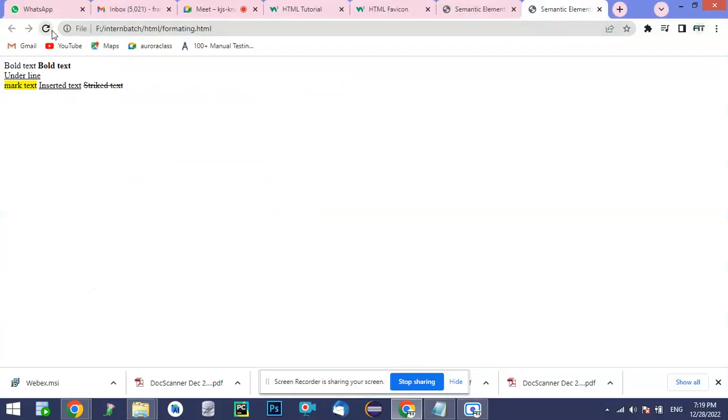And if you observe, the strong text is quite similar to bold, but it is lesser than the bold, and small is comparatively small in size compared to the regular text. If you observe that,